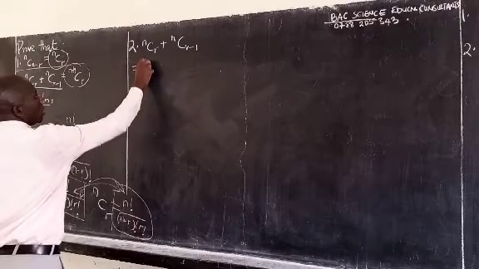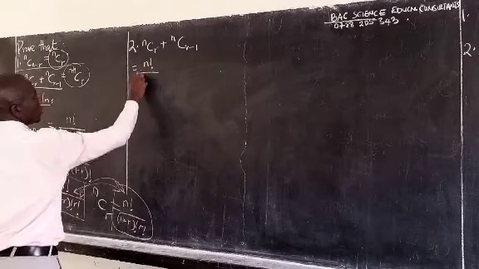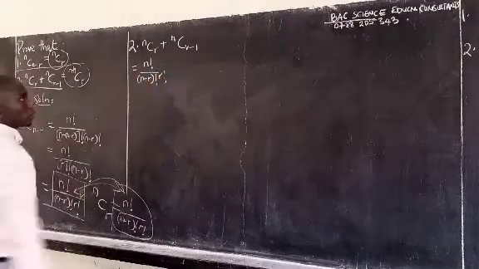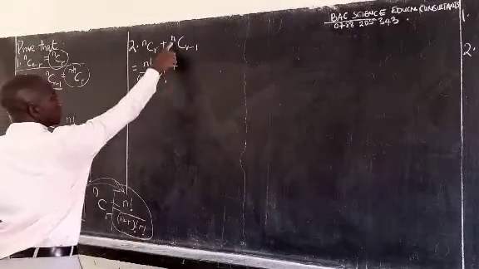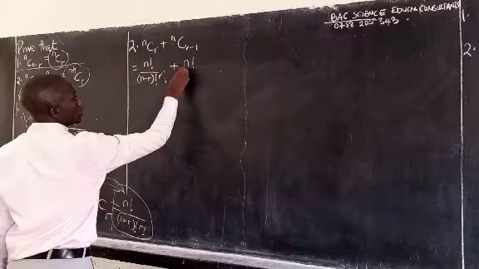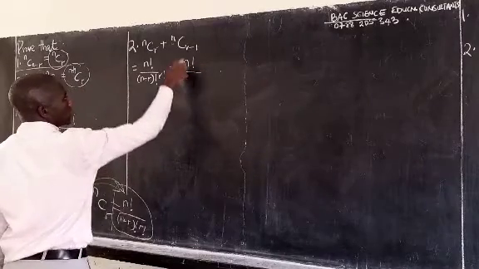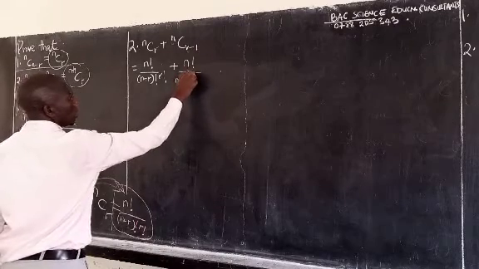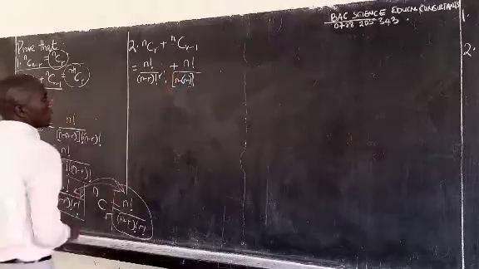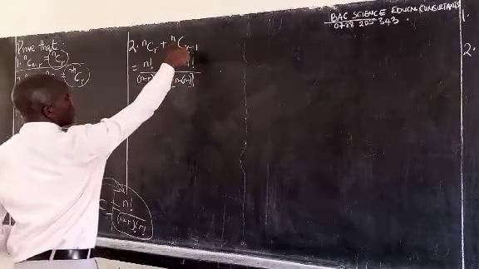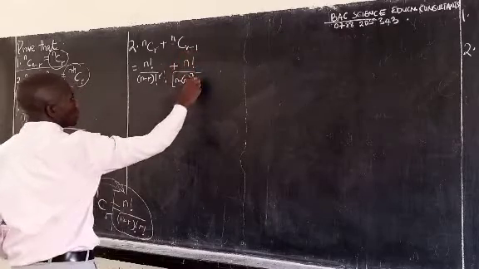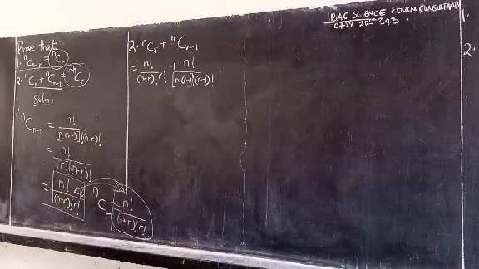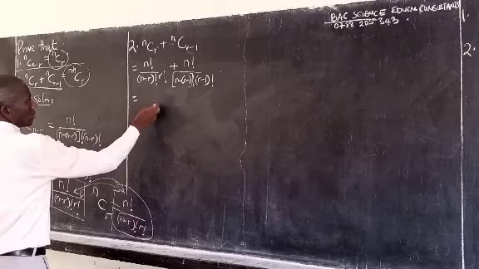This becomes n factorial out of n minus r factorial, then r factorial. Then we add, this is n factorial out of n minus this one, r minus 1 factorial, of course the whole of this. Okay, n minus this one factorial, then this one factorial, then r minus 1 factorial. Now we want to first simplify that. Okay, so this becomes